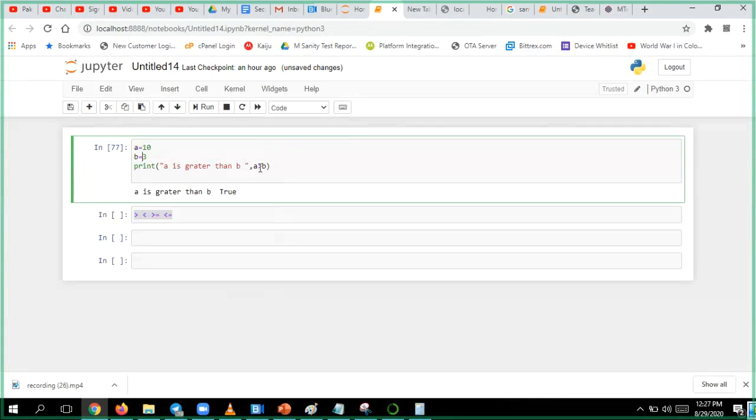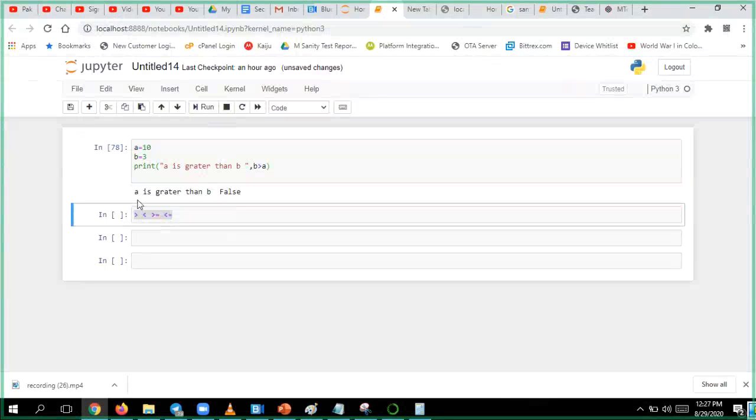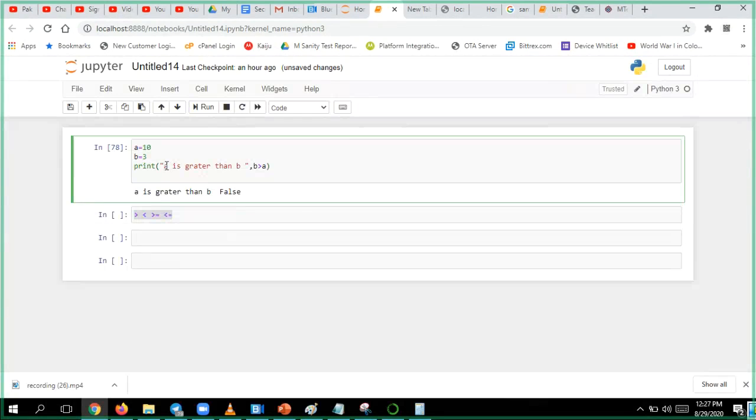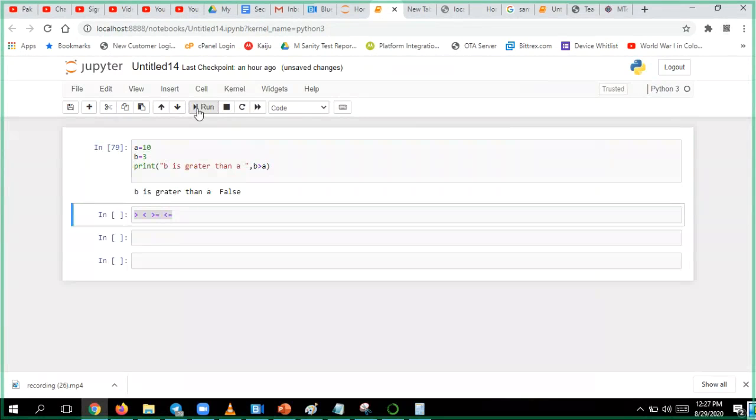Now what I'll say is, B is greater than A. What should it return? 3 is greater than 10 means it should return false. 3 is a smaller number. B is greater than A. It returns false.